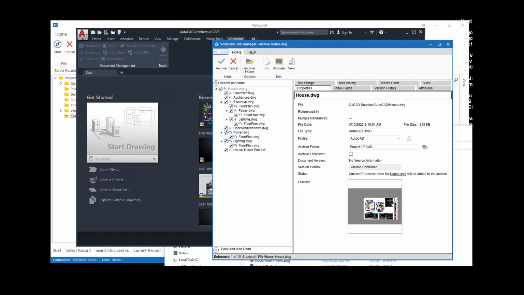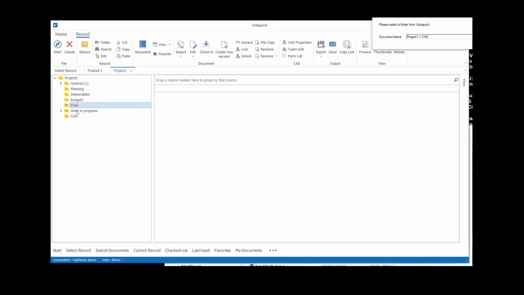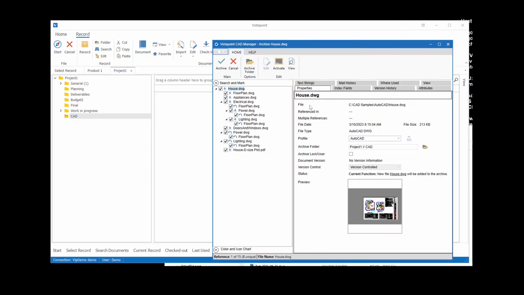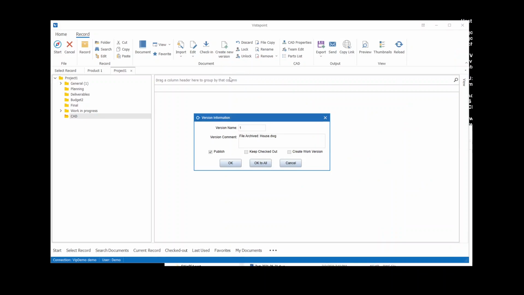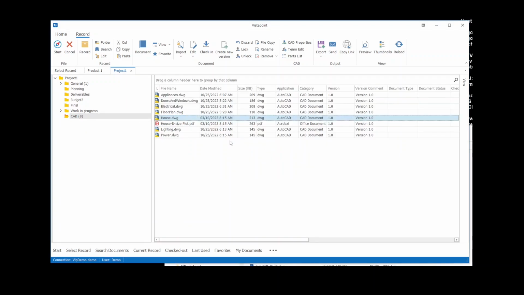Here it shows my main drawing, my house, and all the references that it found. Here's some document information, a small preview. I can adjust where the file is being imported to. If I want to click on Archive Folder, I can select a different folder location or record location. Click OK, and then click Archive. I can add a version comment. Then it will import all my files and my PDF into Vistapoint,